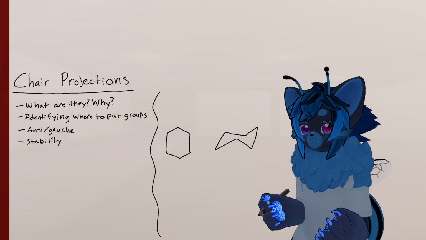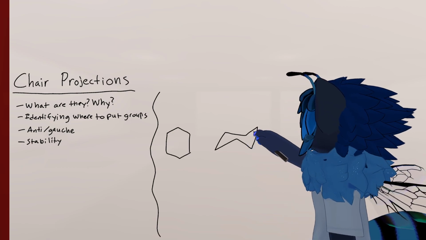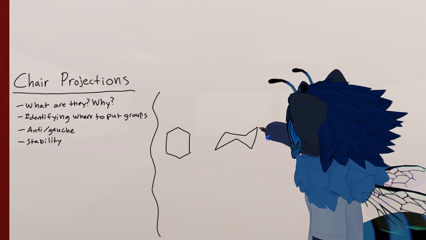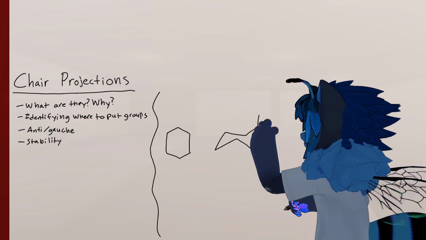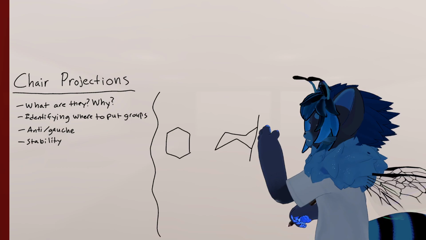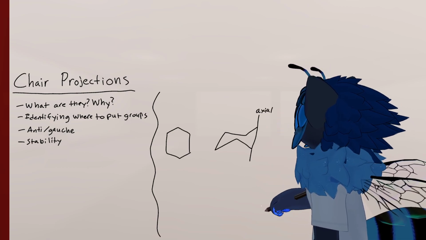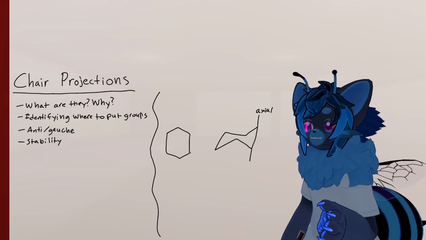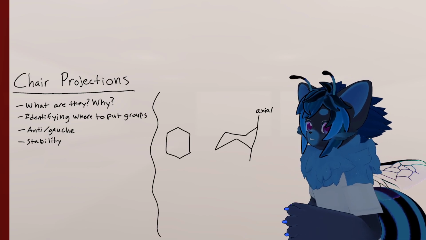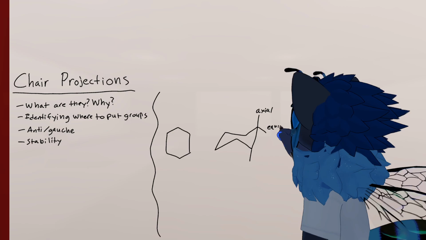Chair projections have an alternating pattern to them, where if you see that a vertex is going up, then one of the groups is going to point straight up. And if it's going down on the vertex, then it's going to go straight down. These straight up and straight down are what we call axial. These are the axial positions. Now, on one carbon, because it is tetrahedral, no two groups can point the same direction. So if one axial is up, then the other group has to be pointing down. This is our equatorial